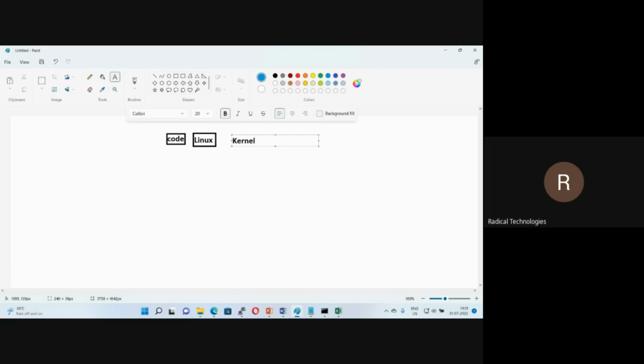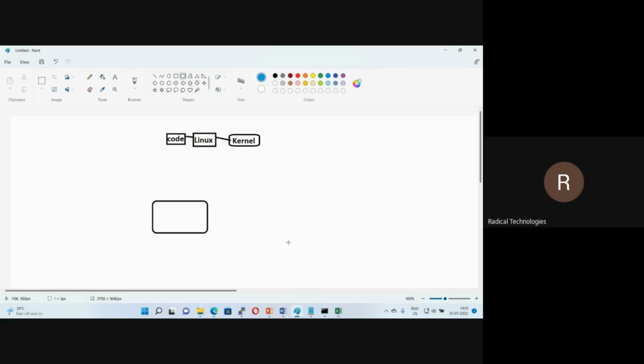People are really confused about this. They say that Linux is the operating system. No, Linux is not an operating system. Linux is a kernel. This code is nothing but the kernel, and kernel is nothing but the machine. So let's say, guys, if somebody downloads that code and wants to develop an operating system. Let's say this is the code.